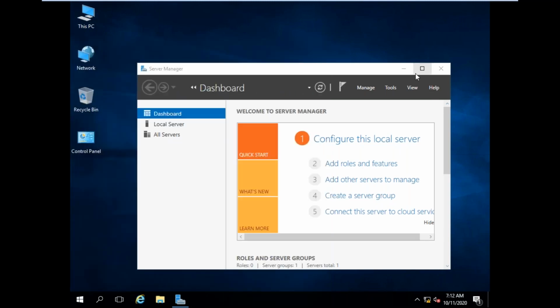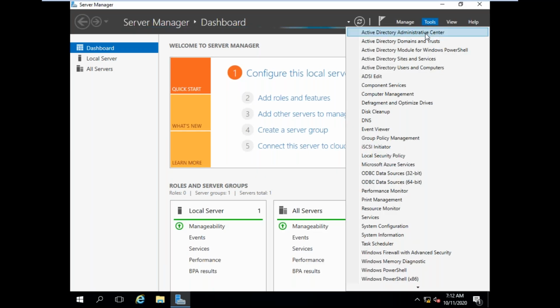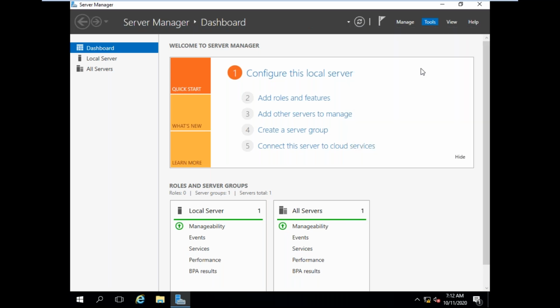Otherwise, from computer roles, click on tools. See Active Directory Administrative Center, Domains and Trusts, Sites and Services. Click on Active Directory Users and Computers. Previously we created a user, Bharat, and he has automatically been converted to a domain user.